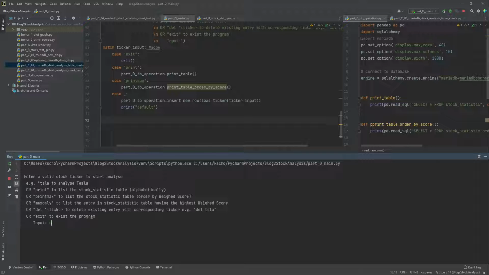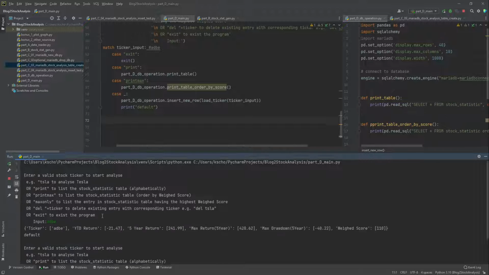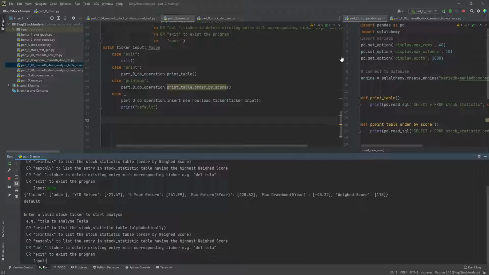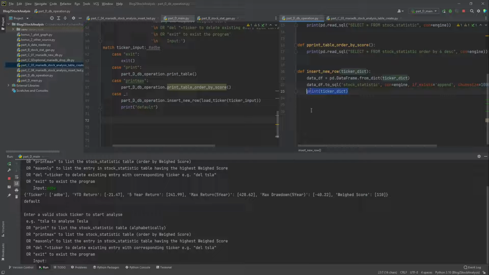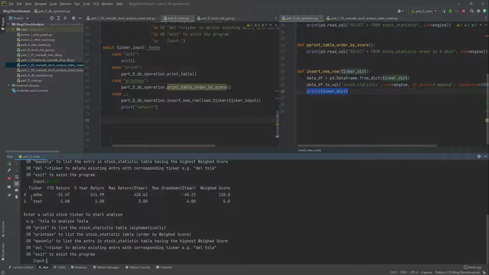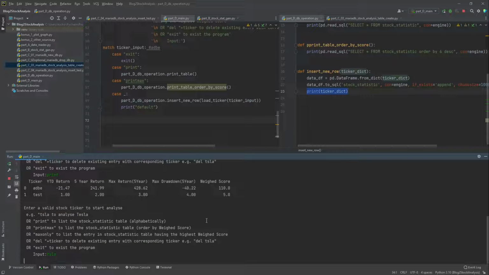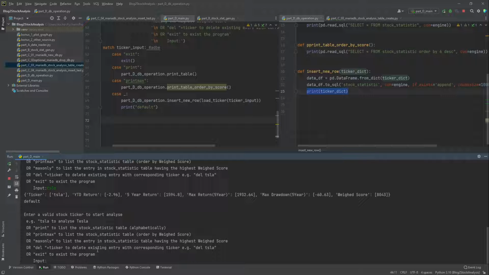So let's say if I run the Adobe, based on the DB operation, I will have a result returning. So this is the score, the data, the statistic of the Adobe. And we have already inserted the whole thing into the table. So now if I try to print it, the table will have another entry. So let's say I will try, of course, Tesla, right? And when I start to print it,